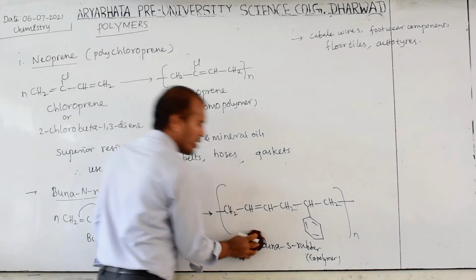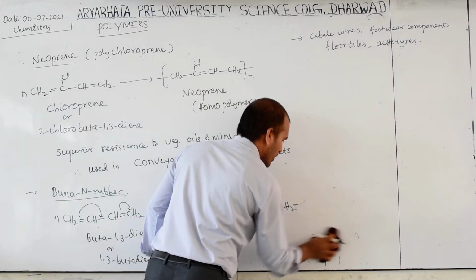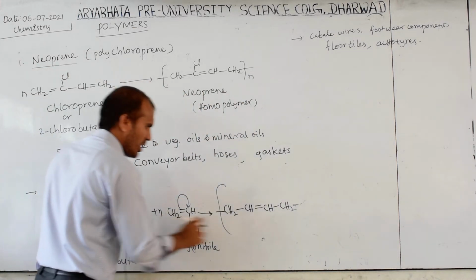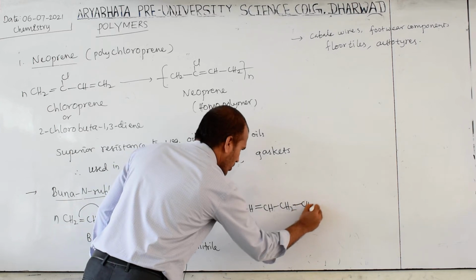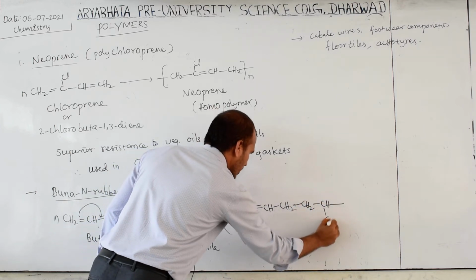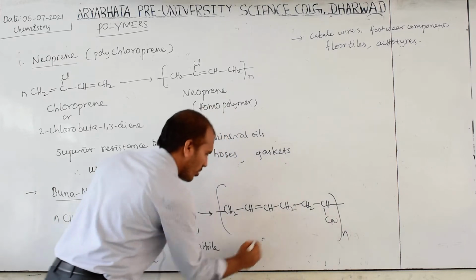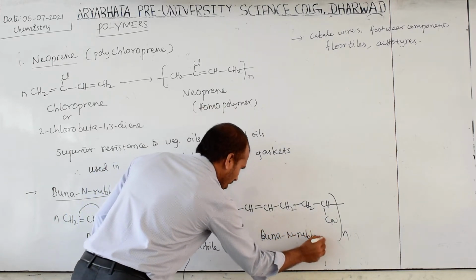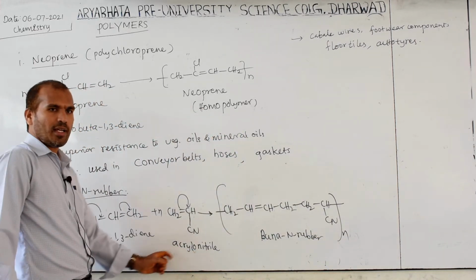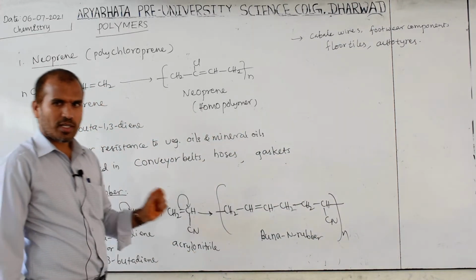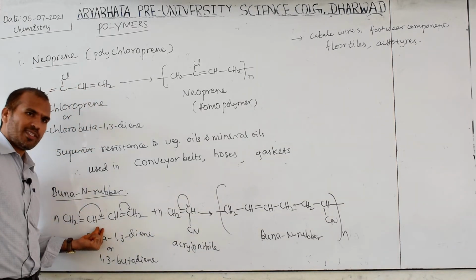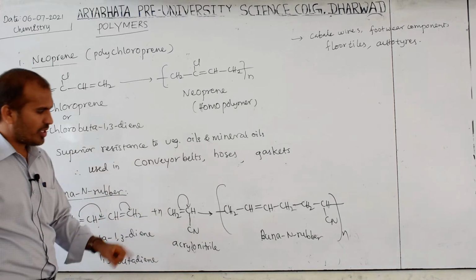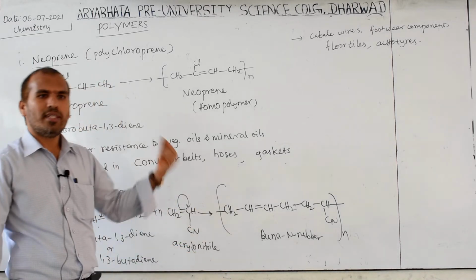Then what is the polymer structure here? This is well known because 4 carbons are there, 4 carbons. Next CH2, CH bond here CN, taken N. What do you call this? This is Buna N rubber. N indicating nitrile, acrylonitrile. So both have a common monomer, butadiene. But only what is changing? Styrene versus nitrile. That's what it is, N rubber, that is S rubber.